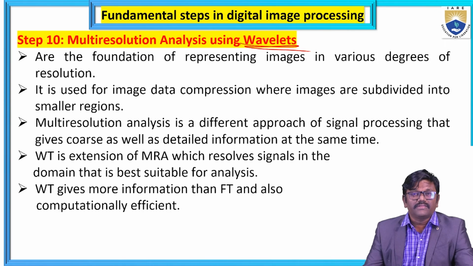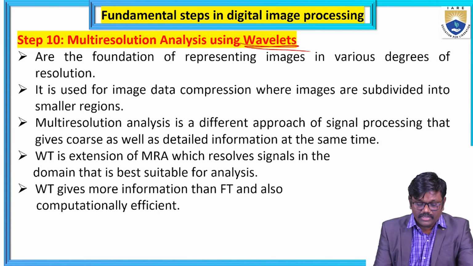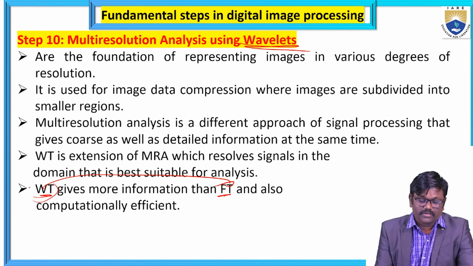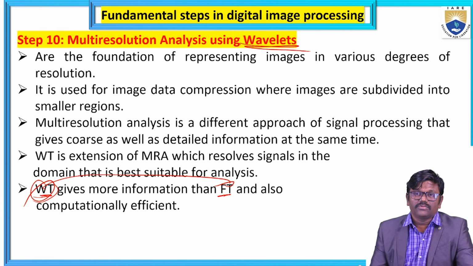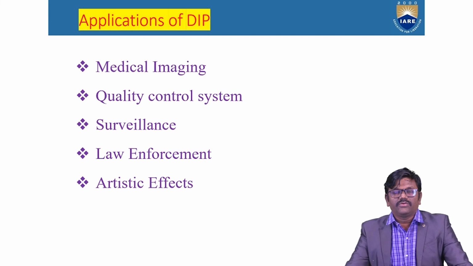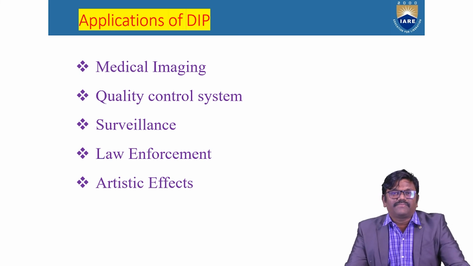That means WT gives more information than FT and is also computationally efficient. WT is nothing but the wavelet transform. Compared to the Fourier transform, the wavelet transform helps in the multi-resolution process. The Fourier transform is continuous, but the wavelet transform is a subdivided process. So it gives more information than FT, and it also gives computational efficiency. Of course, we have now understood the complete 10 steps in digital imaging processing